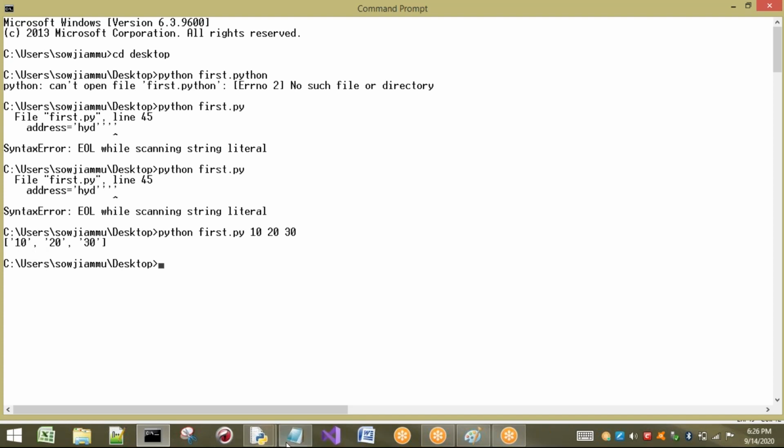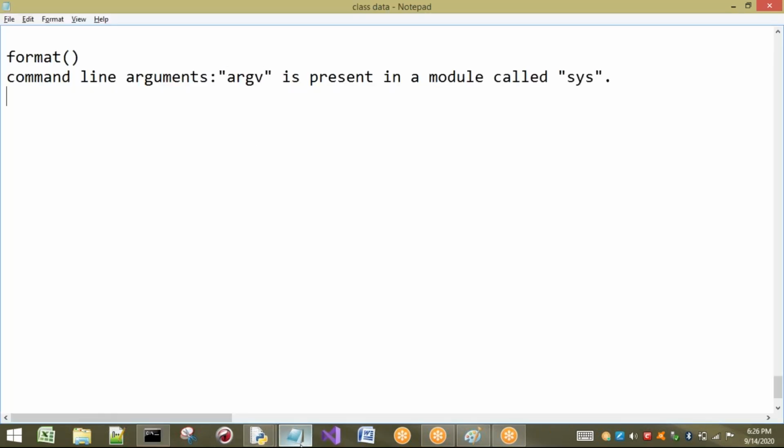Let me write every point here so that you get clarity. First, argv is present in a module called the sys module. We have seen it. Next, the separator for command line arguments is space. We have seen that. Next, all the values will be stored in argv, in a list.